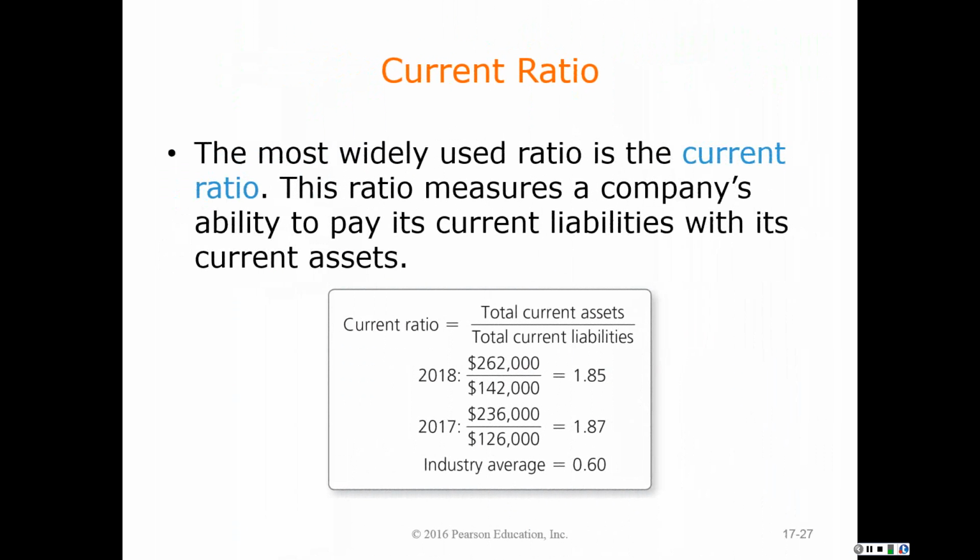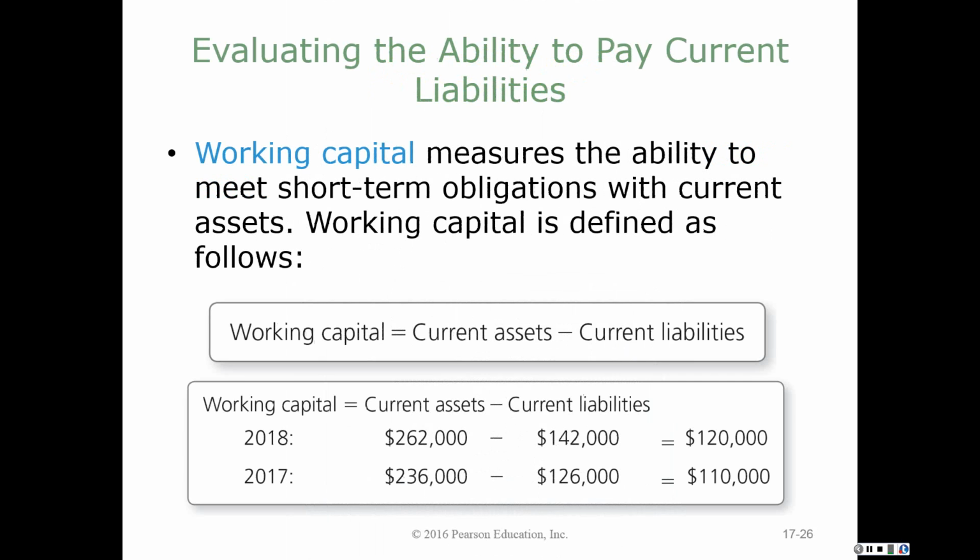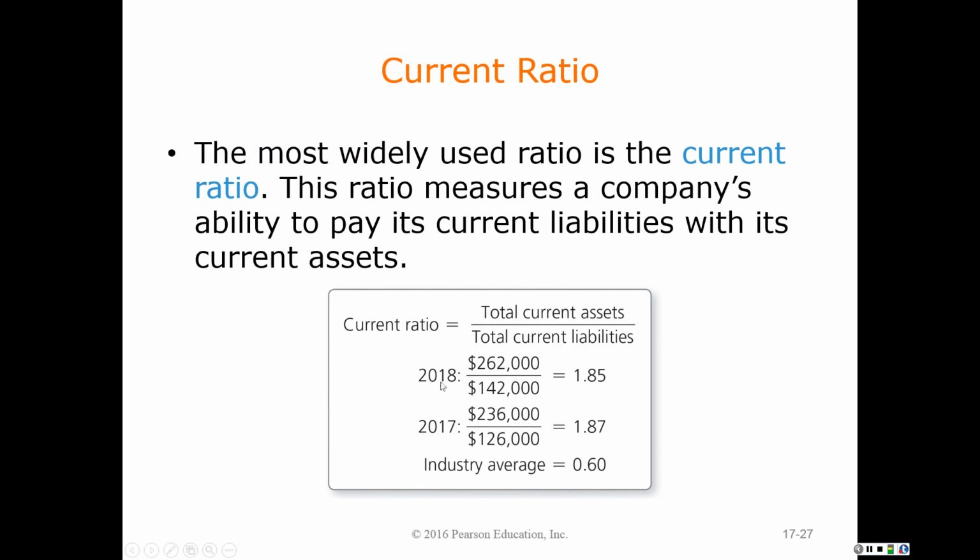We can also look at the current ratio. The same two items, we're looking at current assets and current liabilities, but in a ratio instead. So what I want to know is, do I have enough current assets to cover my current liabilities? And instead of seeing the raw numbers that we saw here, 110,000, 120,000, what I'm going to see is how many times my current assets will cover my current liabilities. So 1.87 times in 2017, 1.85 in 2018,